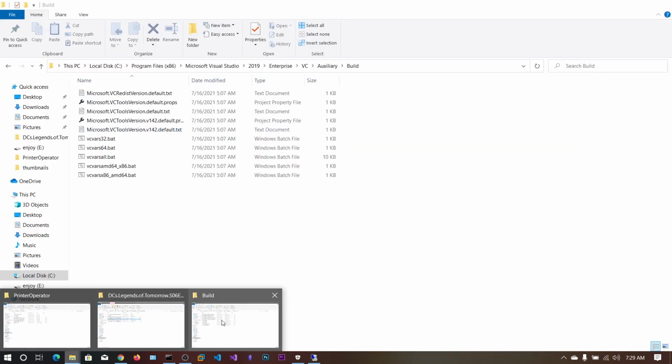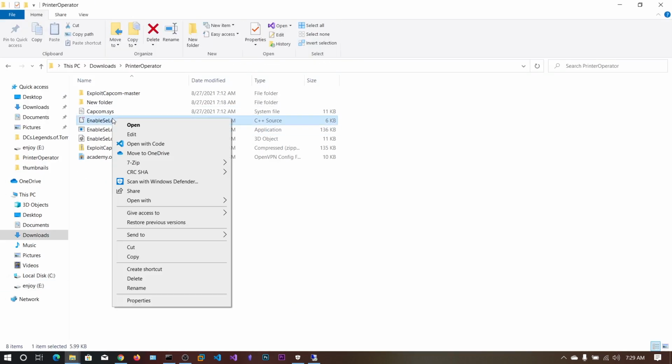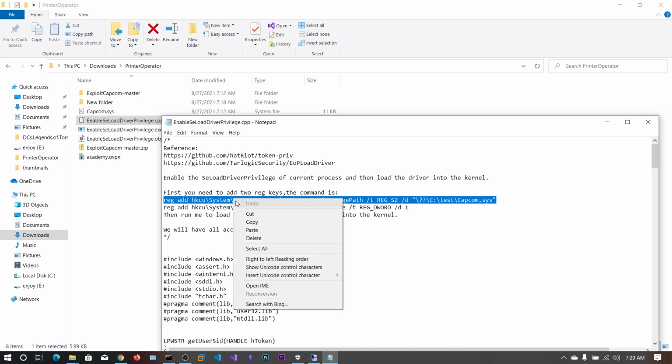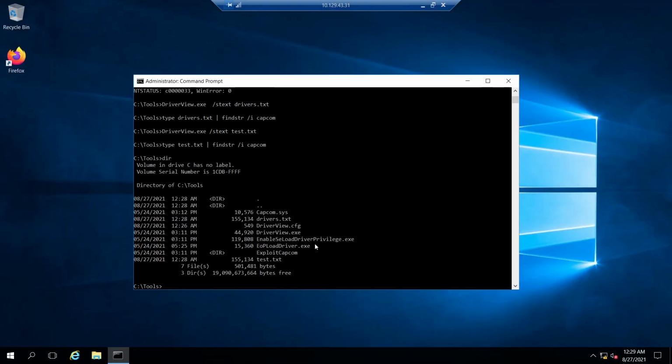So let's go to our project and open this CPP file. Okay, there are some question marks, so we need to add this one. Sorry for that.